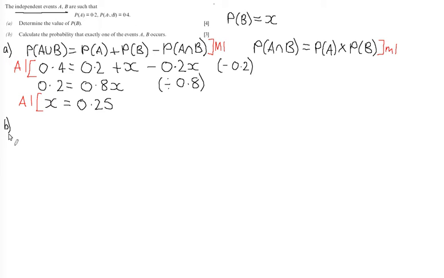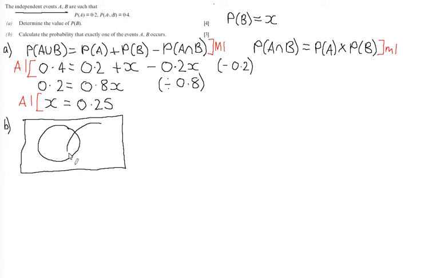Part B. Part B wants us to calculate the probability that exactly one of the events A or B occurs. Well, the easiest way to approach this question is if I draw myself a Venn diagram. So I'm going to have the event A and the event B. There is an intersect. Event A, event B. I know the intersect is 0.2 times 0.25. So when we do 0.2 times 0.25, we get